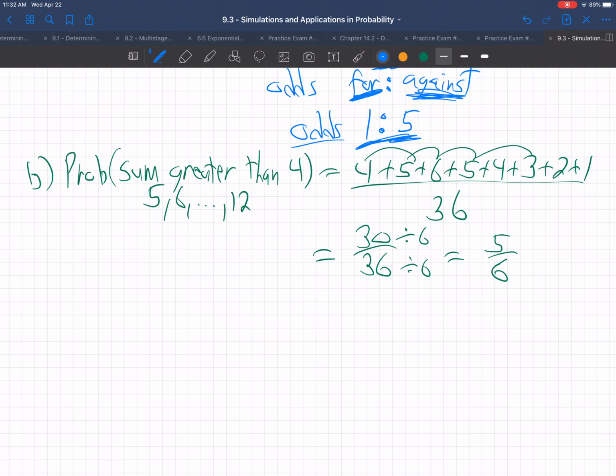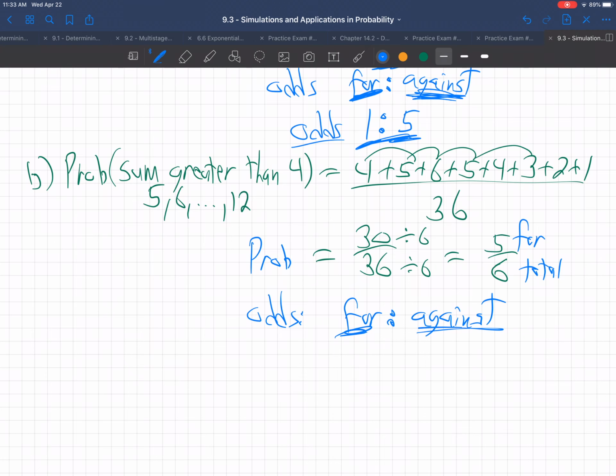Again, we have to change that to odds. So that's probability, and now we want odds. So probability is for over total. Odds, remember, is for colon against. It's like a sideways fraction with for and against. So that starts the same. First number's the same, 5, right? 5, 5. But now there's